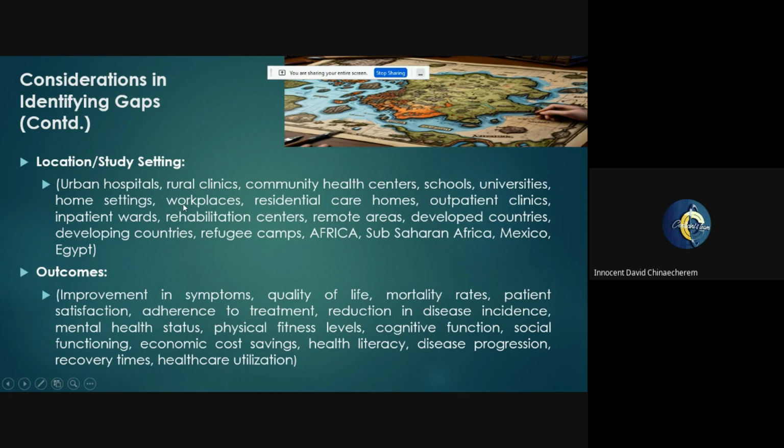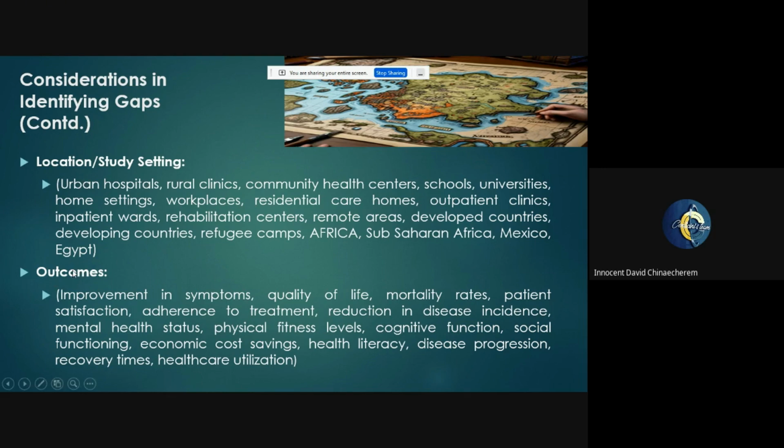In short, the point I'm trying to make is that when you identify your systematic review gaps, all these considerations play a massive role. Like I said, when people are struggling with, oh, I cannot identify the topic, I can look at a certain word, only one topic, and identify 575,000 undone topics on it. Because when I play around these considerations, you see a lot of things that have not yet been done. You see the unknown in a lot of places. And this is the problem we have with a lot of researchers, because they find it very difficult to do their search.